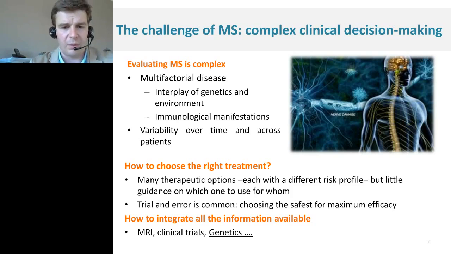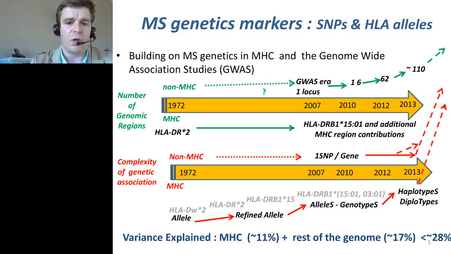origin of this project, because our group has been very strong in genetics, and we've been, with many other groups in the world, founding the International MS Genetics Consortium, which frankly has been very, very successful in advancing the understanding we have of MS and MS susceptibility from the genetic point of view. So I wanted to give you a very summary overview of what we can say about MS, and the best way to do that is really to have a historical perspective.